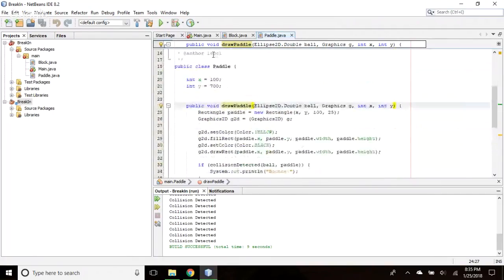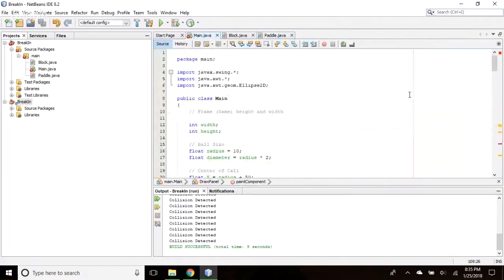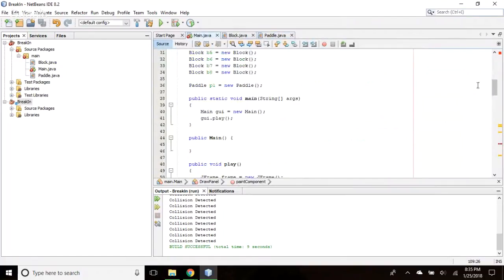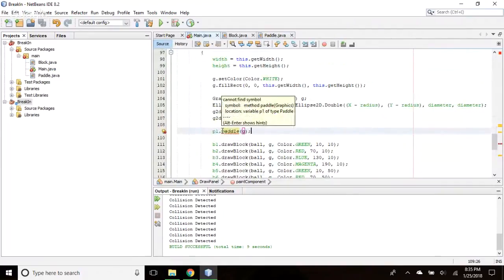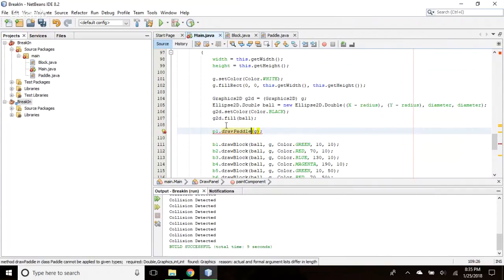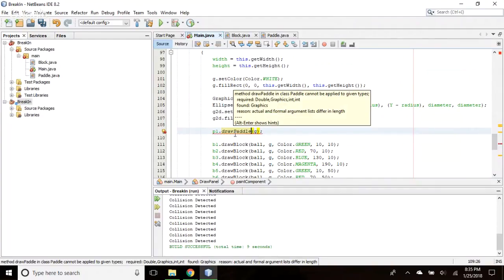Let's go back to your main because it's complaining. It's complaining at the top. Oh, wait. Draw paddle. It's called draw paddle. Double click on that word paddle and change it to draw paddle. Huh. What's wrong with it?